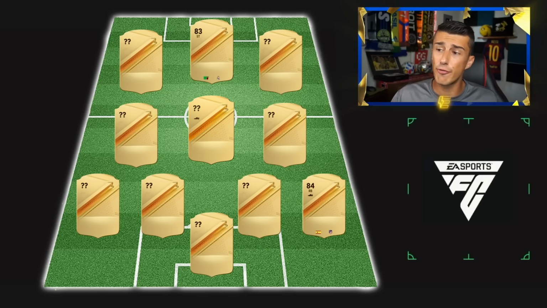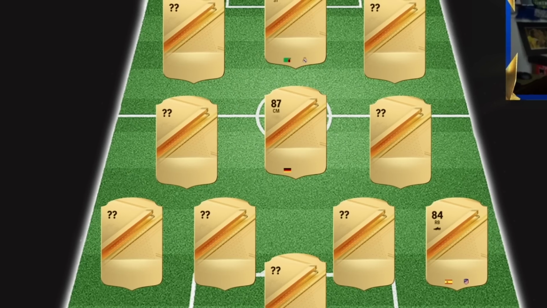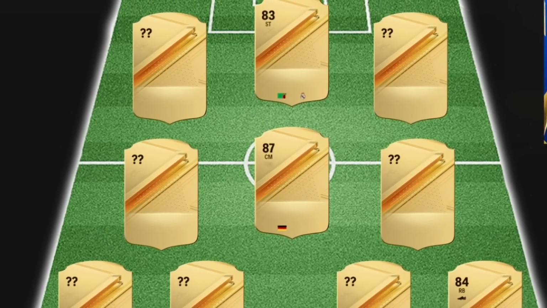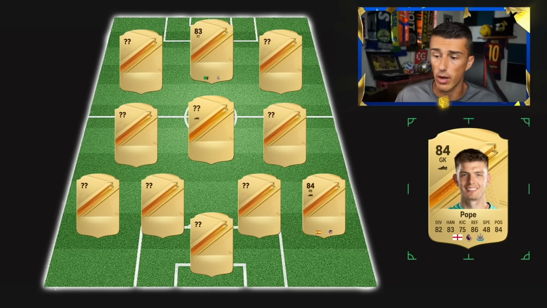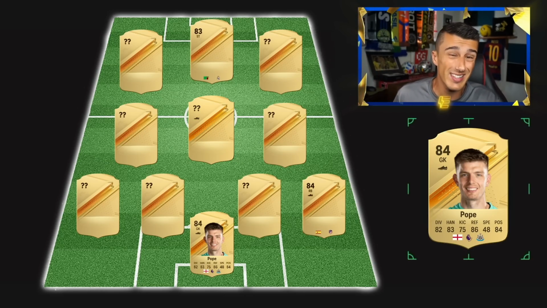We're kicking things off with our first starter squad, a 4-3-2-1 formation, and our first player is going to be Nick Pope in goalkeeper. His card's actually pretty solid as it's 84 rated this year, a +3 from last year,